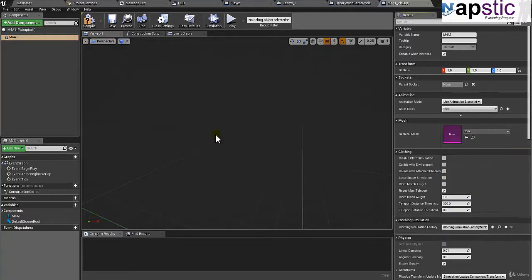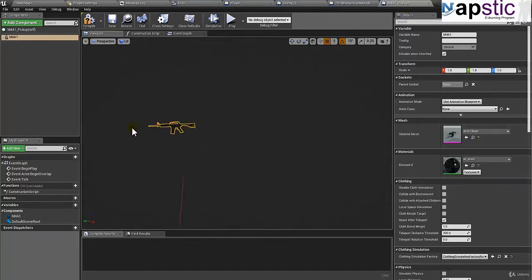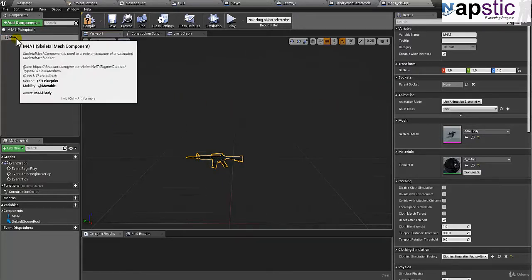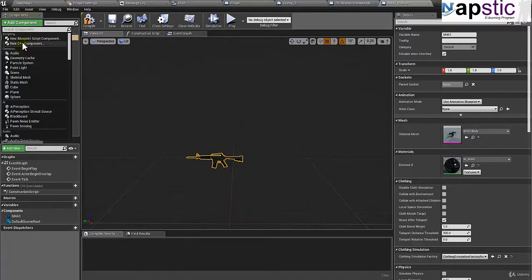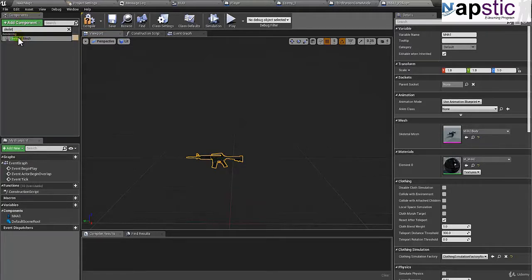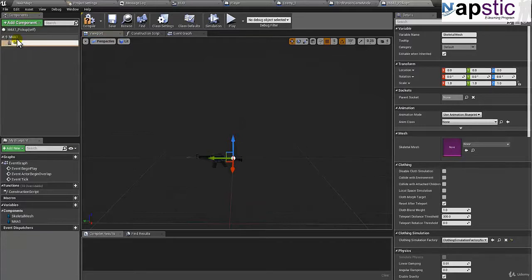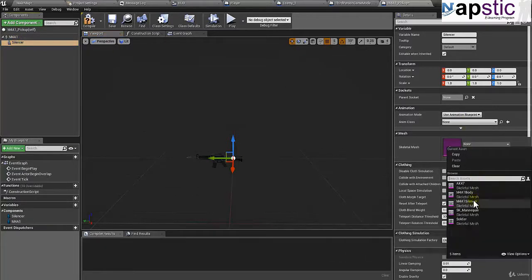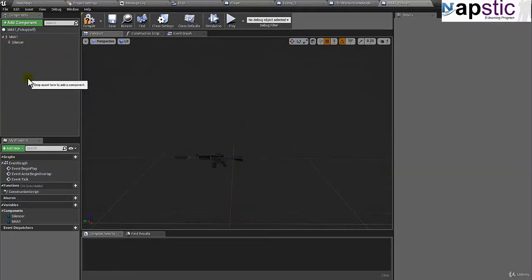M4A1 body. Okay, and then if you really want, you can also have the silencer in. So if I right click, or if I just say another skeletal mesh, and I can call this silencer, and this will be M4A1 silencer, and it sits right where it's supposed to sit. Okay, and then again,